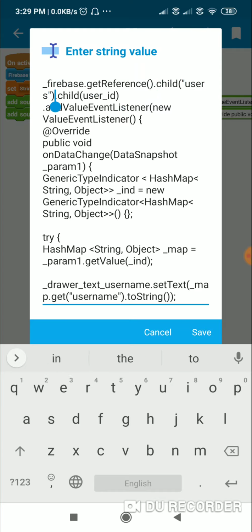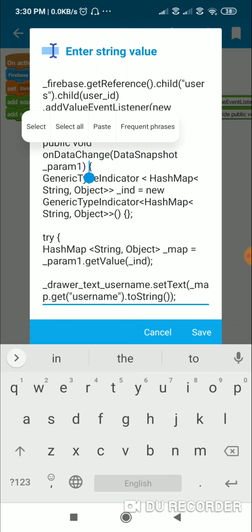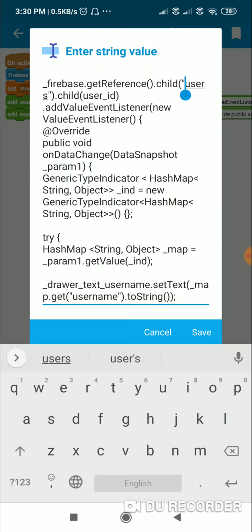First we add users, then .child(user_ID), so first we added users, then user ID, and to this we add a value event listener: .addValueEventListener, new ValueEventListener, @Override public void onDataChange with DataSnapshot _param1. This _param1 is the data snapshot of data at location users/user_ID.